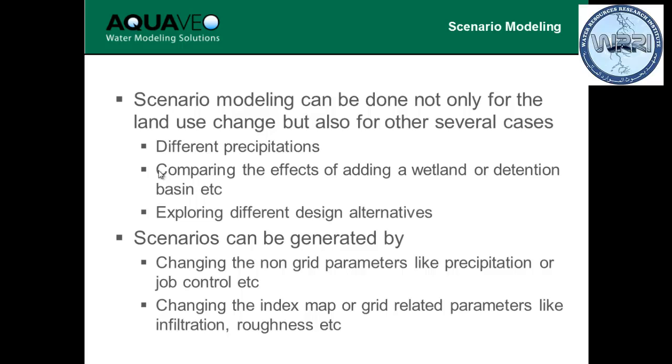The WMS interface to GSHA allows you to do different scenarios. So I can have one scenario that's pre-development conditions, and then another scenario that's post-development conditions. And the way I define those scenarios is